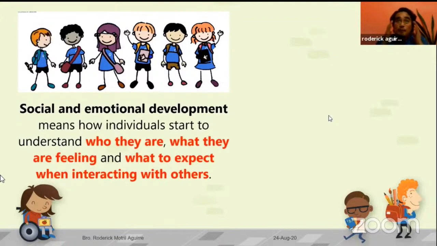So what happens with learning at home right now is that, especially for individuals who have not socialized and interacted with their classmates during last year or the previous school years, where there was ample time for them to interact,